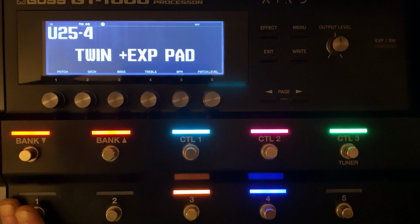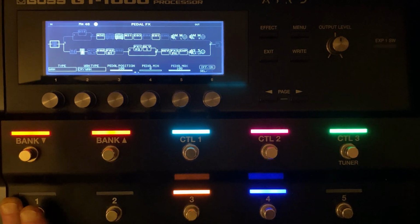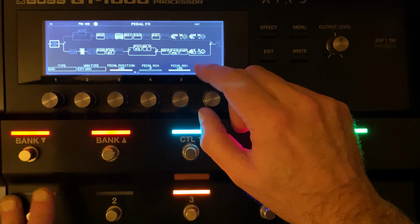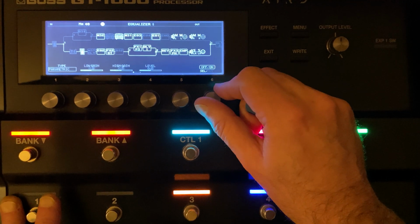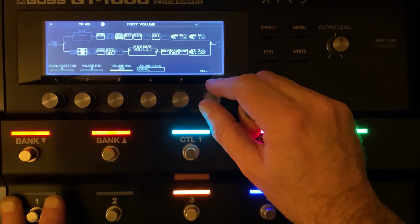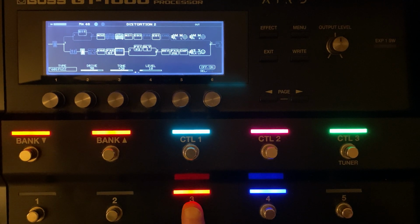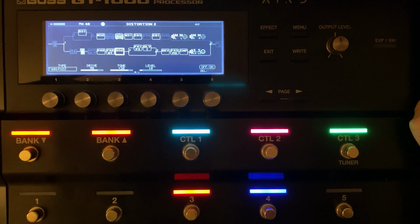Okay, so now we've got that in. Before we go, let's just turn that off for a second. I did mention there's a distortion block in here. Now what I put in there is keeping things nice and clean for me, but I could grit it up a little bit. So here what I've done is